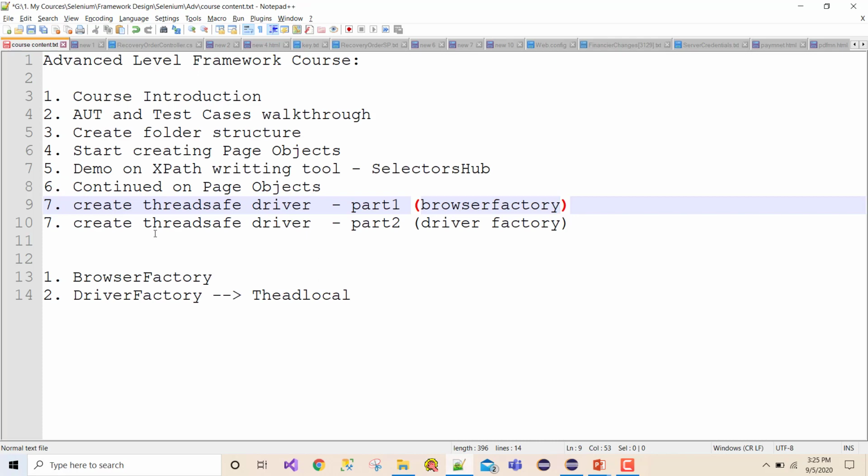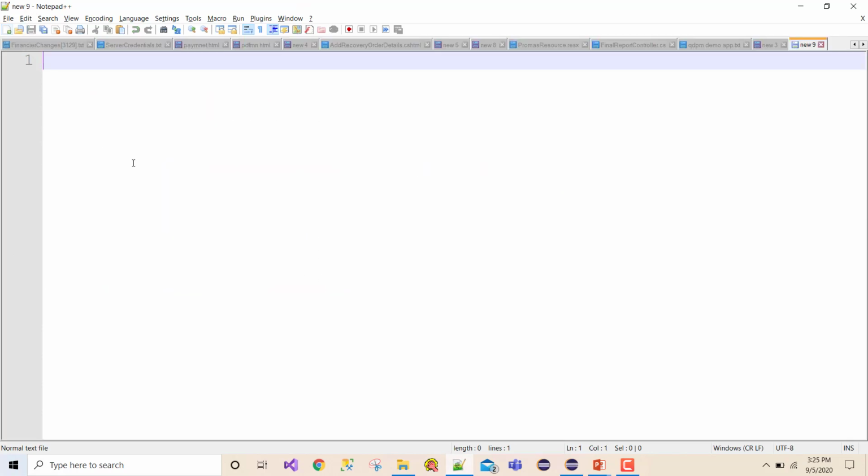Just to understand the concept of multi-threading quickly, there is another class called thread. So we can create multiple threads and we can start those threads and stop those threads, and there are multiple stages of those threads. That is something we use in actual Java development.